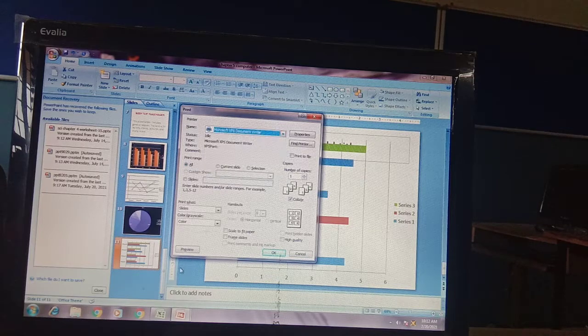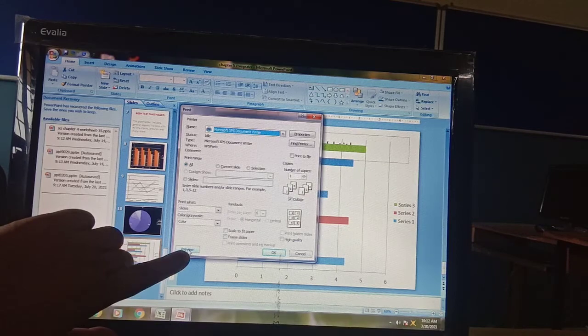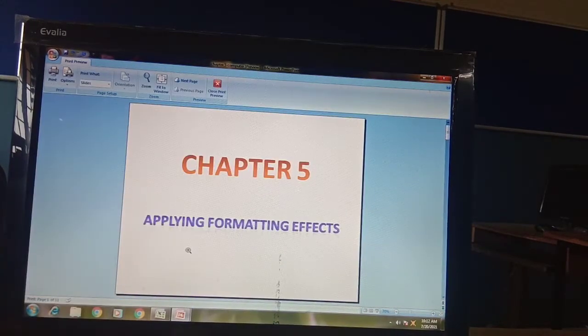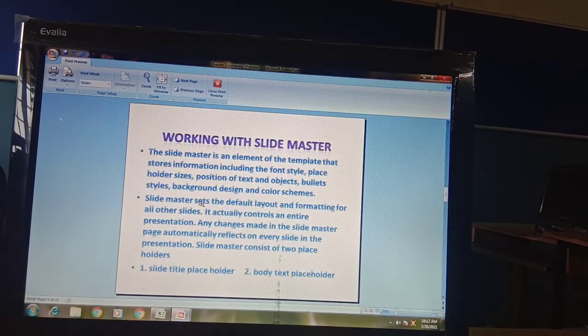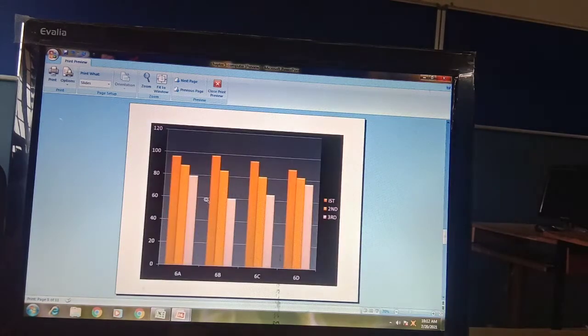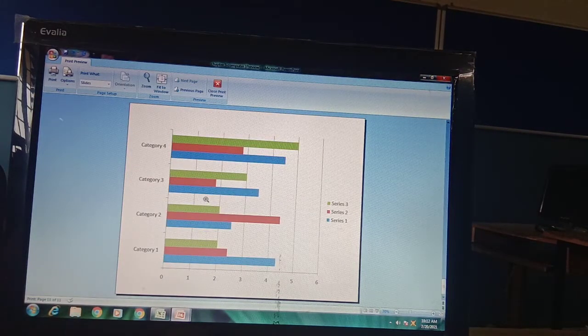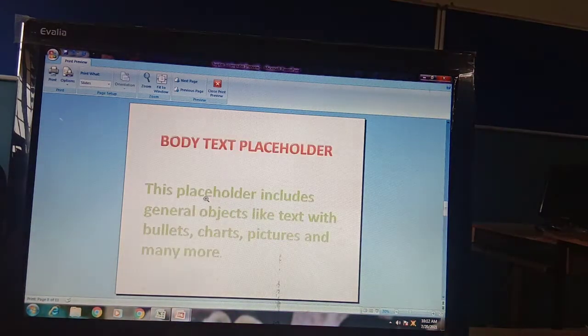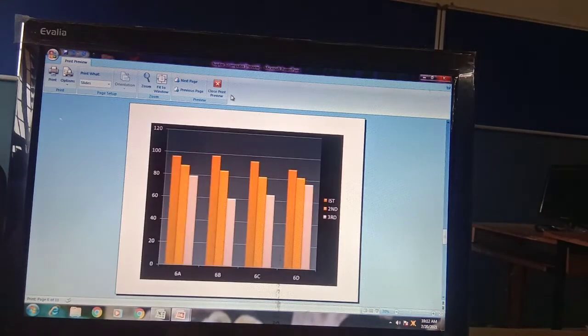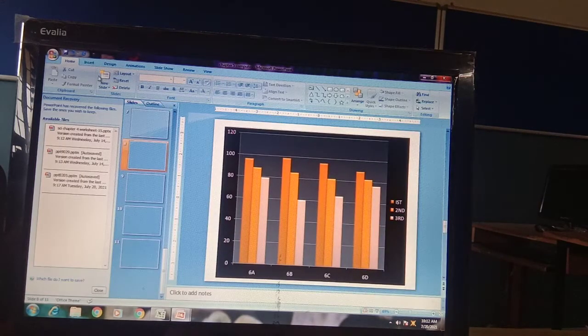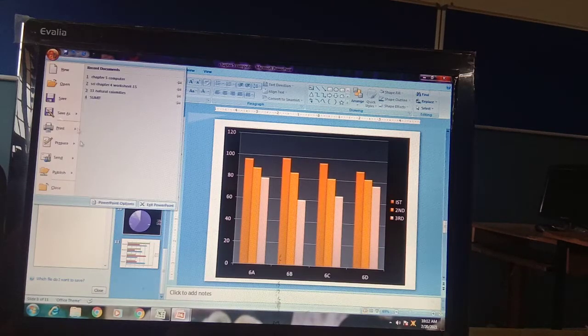Okay, and you can have a preview of this also. Okay, from here you can click on preview. The preview of your slides will also display how it will look after printing. Preview means what? It's showing how it will look after printing on the paper. So this is called preview, where you can change it according to your own need. Okay, so this is print preview. So let's go again to print option.